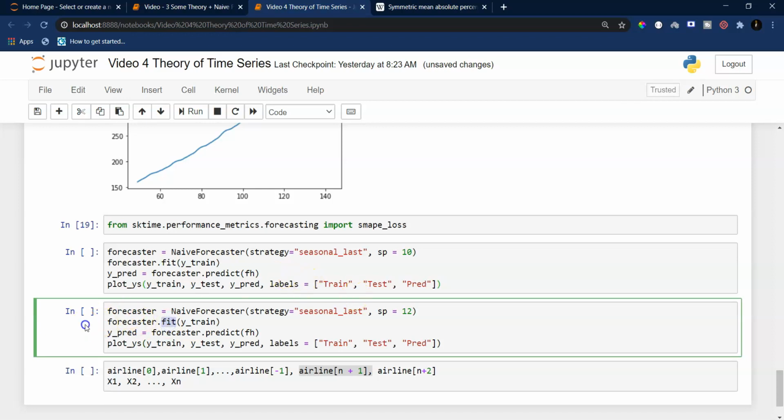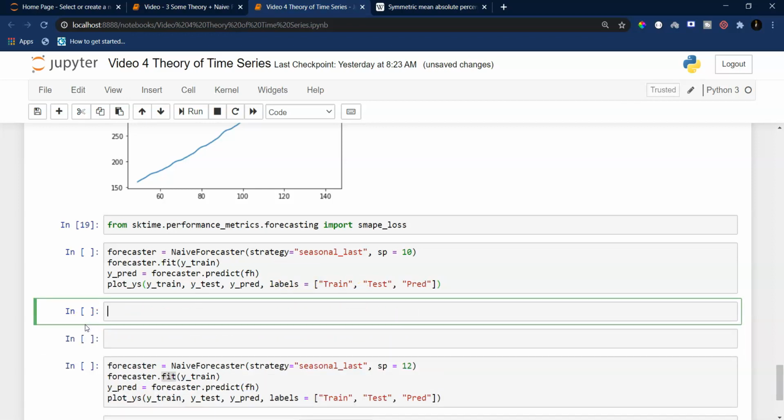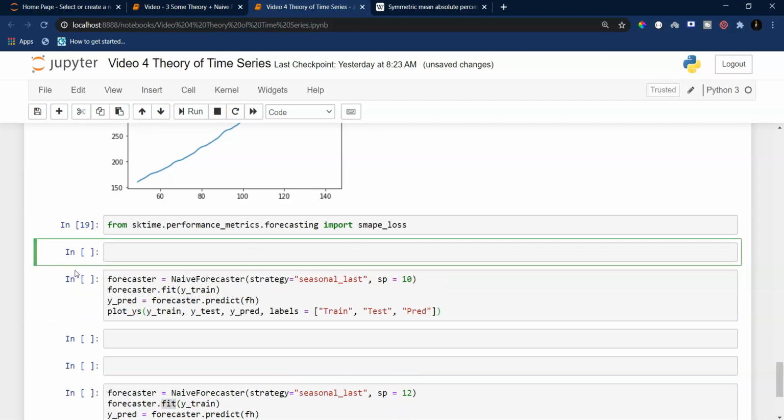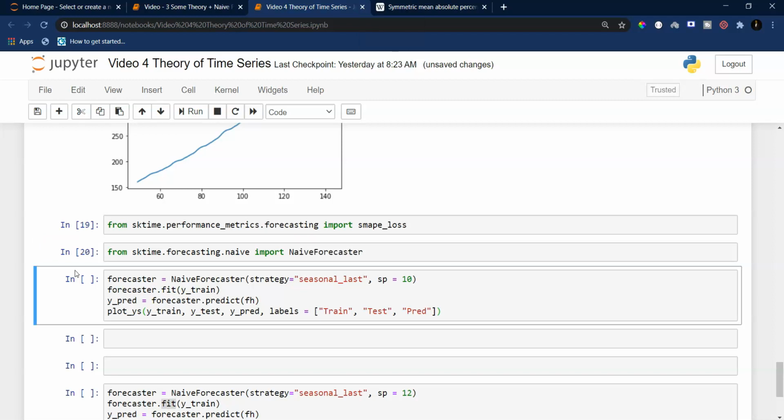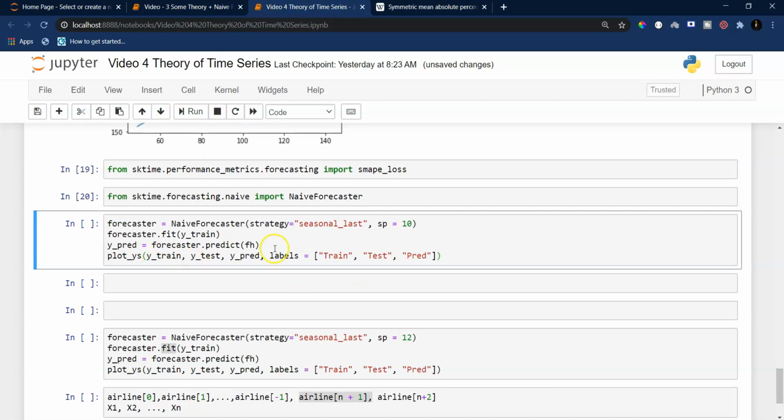So now, first of all, let me import these naive forecasters. I'll say from sktime dot forecasting dot naive, I am going to import this naive forecaster. Okay, and do we have to import anything else?